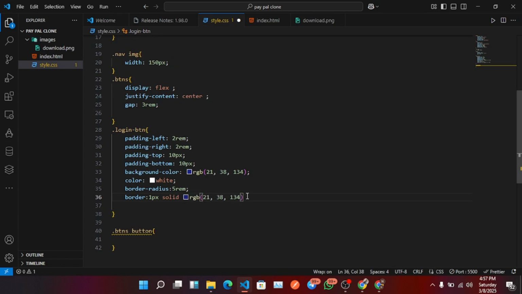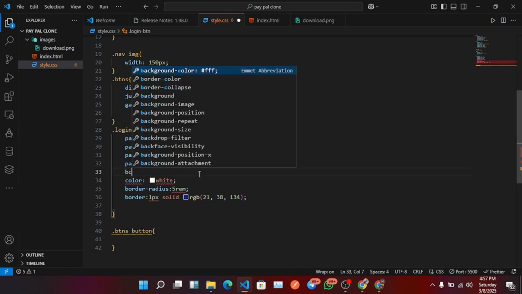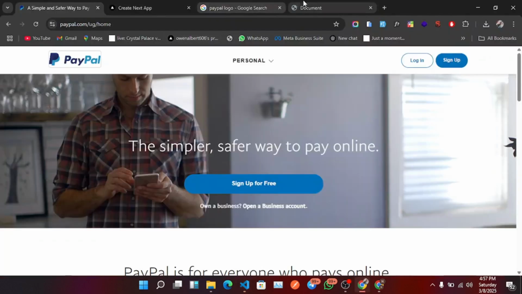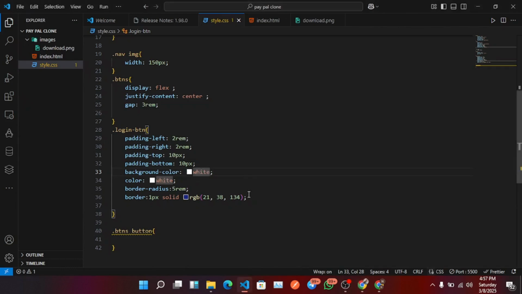I will use it here. So I will remove the background color. I give it a border, and I will say a background color will be white. So let's check this. So this is what we have. So it means the text has to change, and the color would be this very blue. Okay,